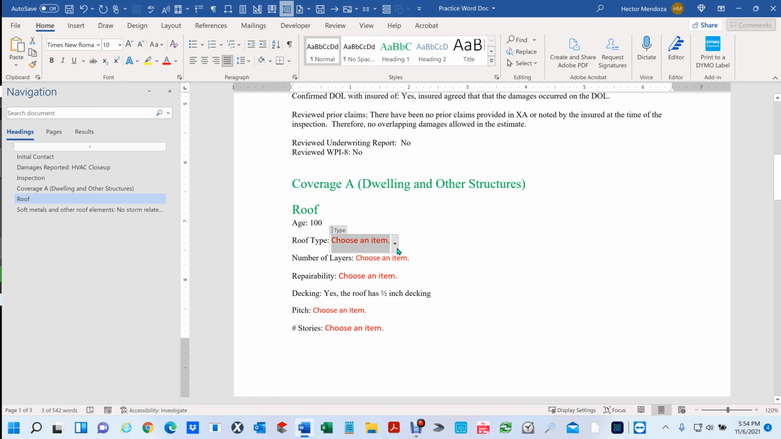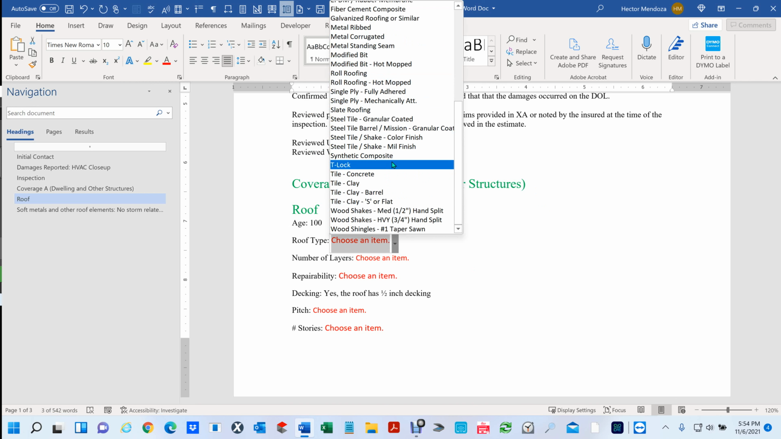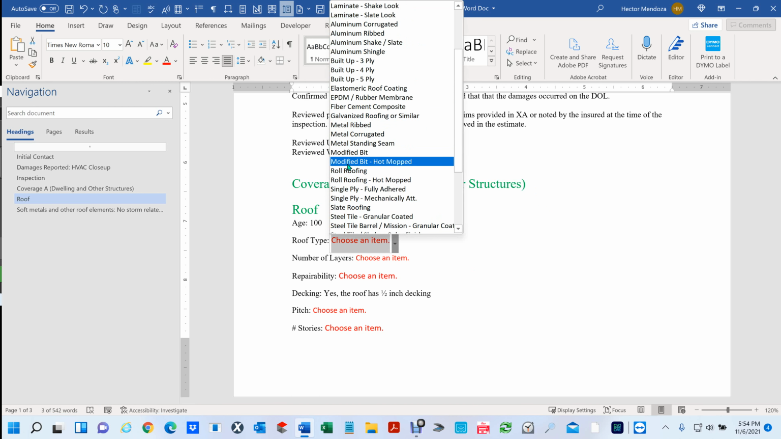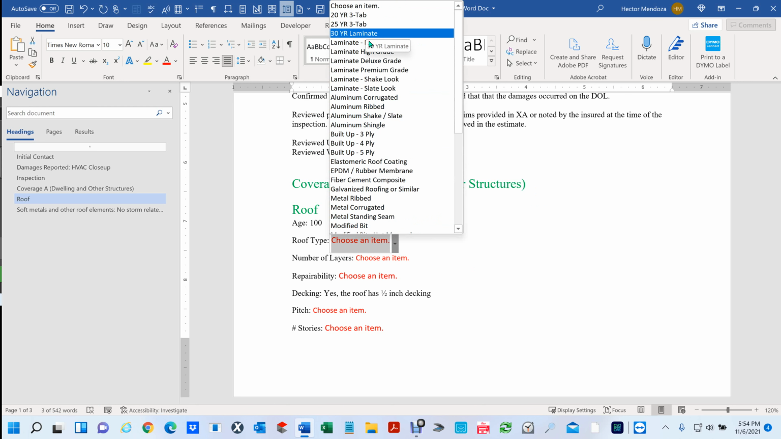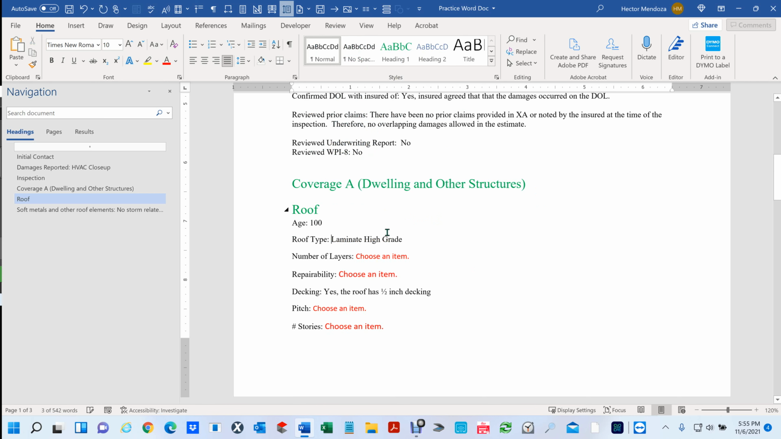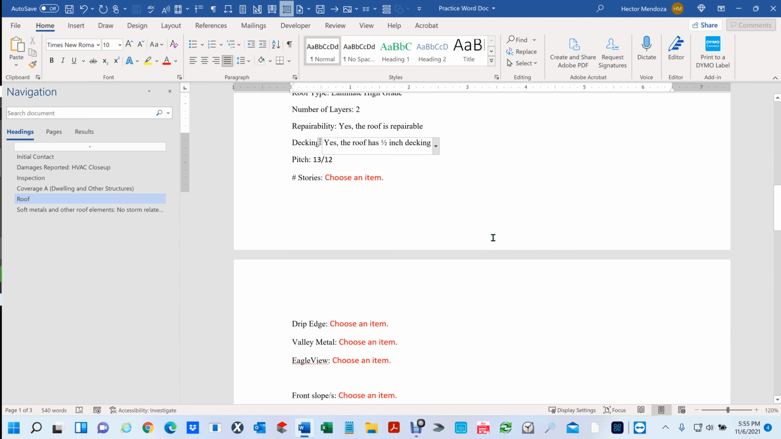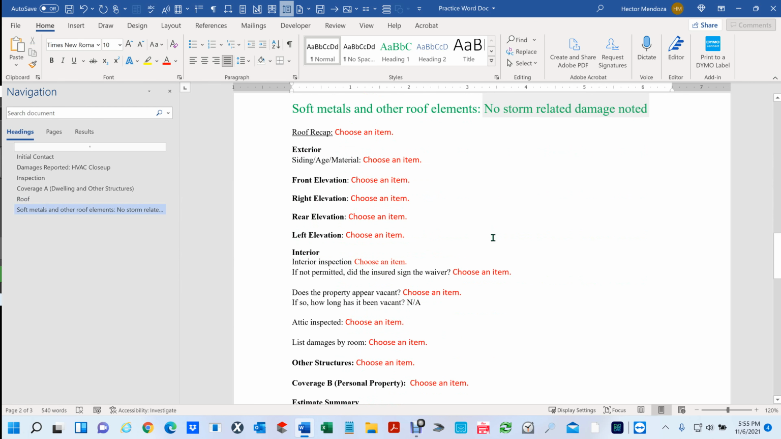A type of roof, these are the different types of roof. Instead of me typing it, I can professionally write that it's a modified bitumen hot mop. You don't want to put bit modified. So this, laminate high grade, the number of layers, there's not going to be a bunch of them. 2 would be it. Is it repairable? Yes, the roof is repairable. The pitch, it's a 13.4. So with Word,